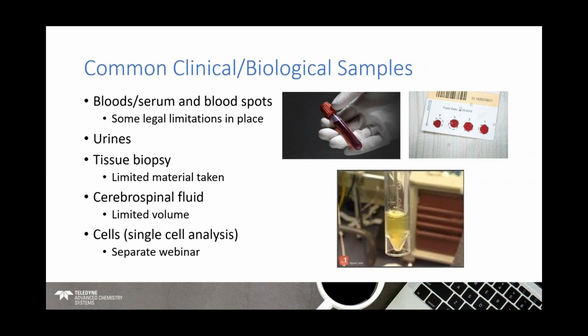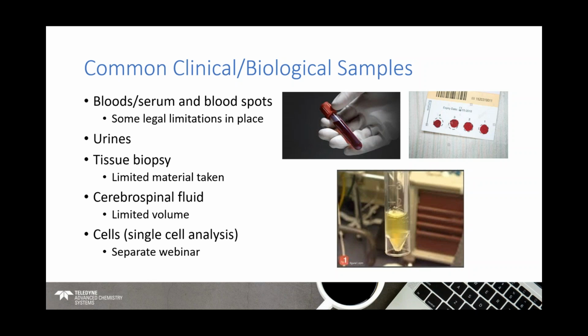Blood spots are another example of this, and you can see in the image on this slide, on the top right, a heel prick test card. This might have different names around the world. In the United Kingdom, this is called the heel prick test, where a newborn baby will have a blood sample taken. They essentially have their heel pricked, and a small amount of blood is spotted onto one of these test cards. I believe the test is for some sort of vitamin test, but there is an excess number of spots taken,